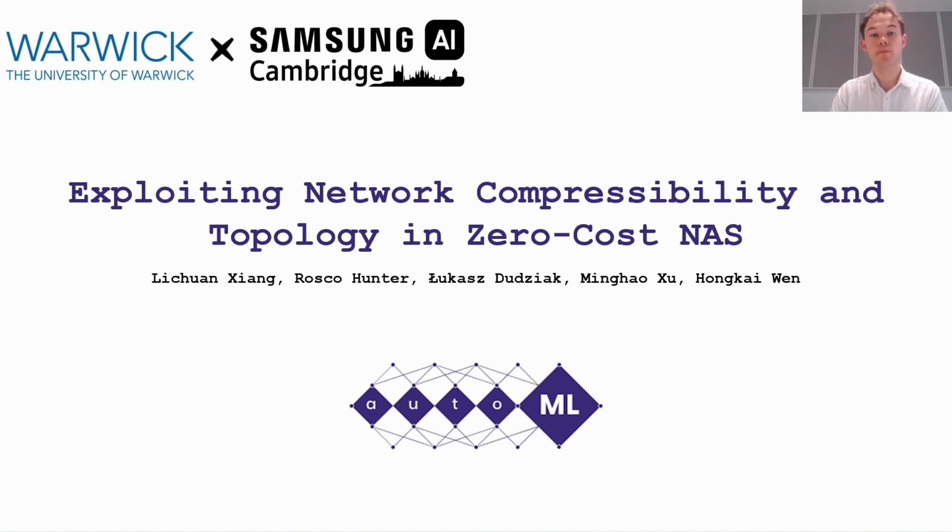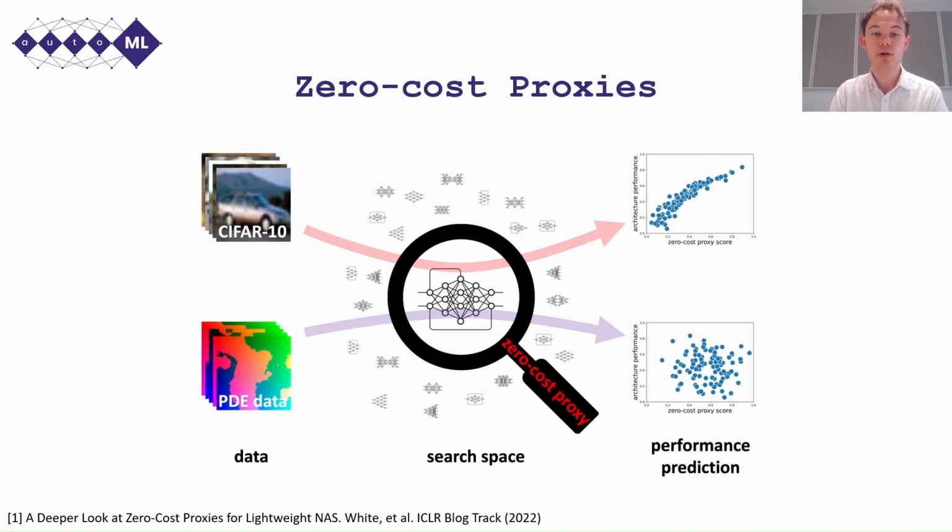In this video, I'll provide a brief overview of how our paper on layer-wise compressibility can extend a number of methods within NAS. Zero-cost proxies have emerged as a low-latency approach within NAS, where a zero-cost proxy receives a neural network as its input and performs some calculations which hopefully allow you to distinguish the good from the bad network designs. In this paper, we attempt to explain and extend a number of existing proxies.